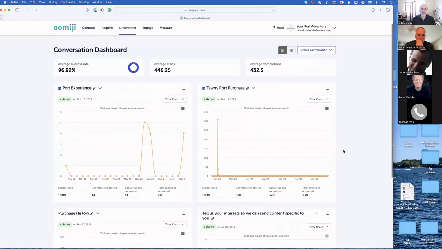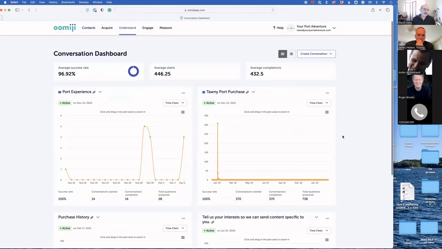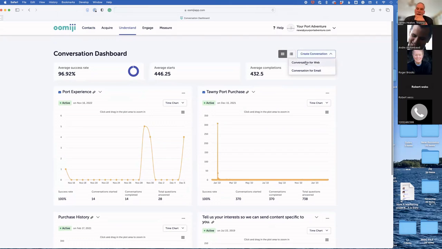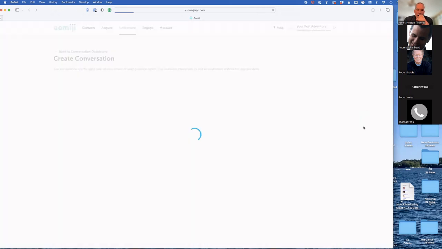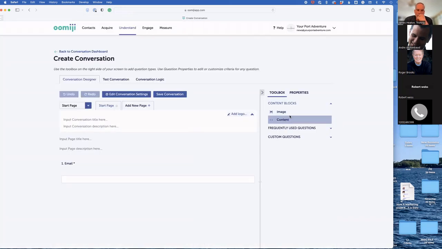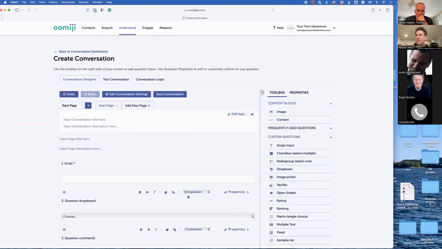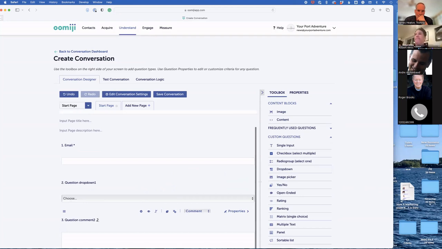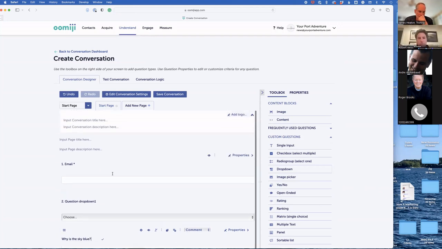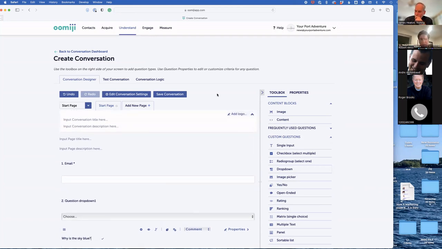If I want to send people a short survey to take, I can create surveys in two ways. I can put a single question in an email. I can create a longer survey as well. And it's very simple to use. You just click on the question, and then you write in whatever you want to put here. Why is the sky blue? And then you just ask as many questions as you want.